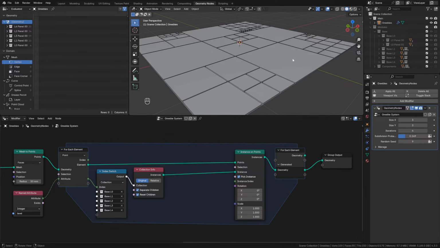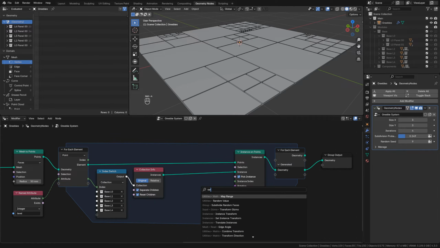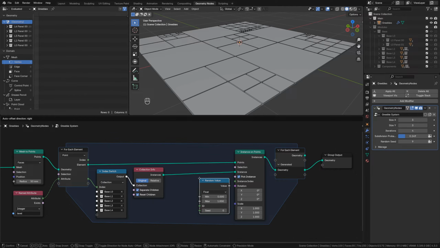Okay, so how do we choose between the different variants for each of these base sizes? Well, we can do that with a random value. So Shift A, random value, and we're going to choose an integer here, and we're going to plug this into the instance index. Now, immediately you'll see a change where we're starting to see some variations,